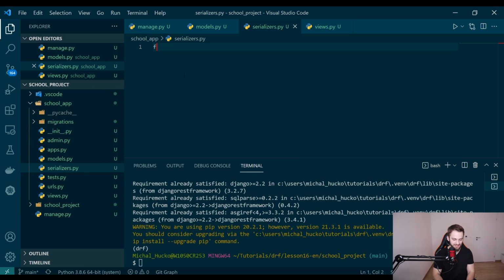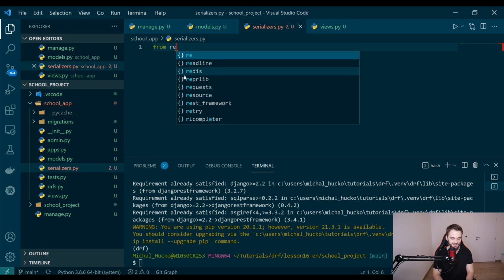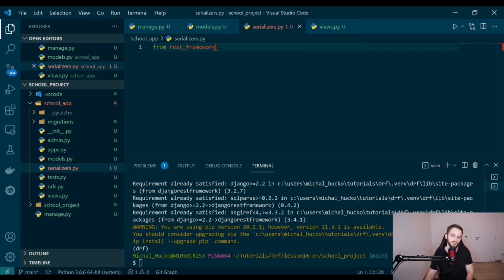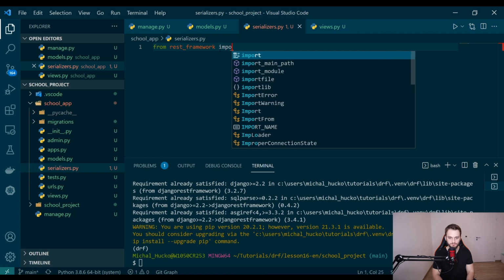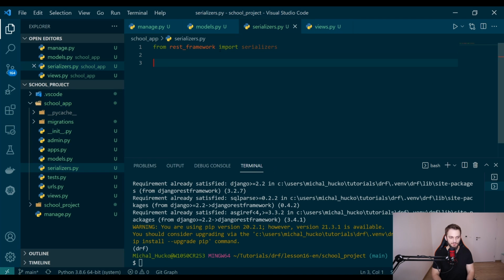So in order to use a serializer, you need to first import a default serializer. So from rest_framework, this is the module for the Django REST framework, import serializers. Right, and we will now create something which is called a model serializer, and this model serializer is based on top of a model, right? So we need to import the models also. So from school_app import models,